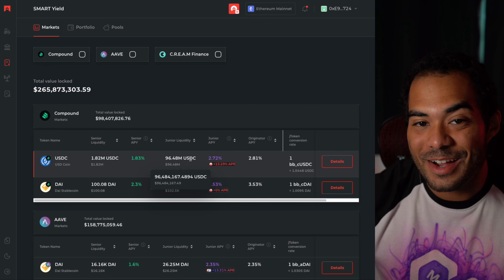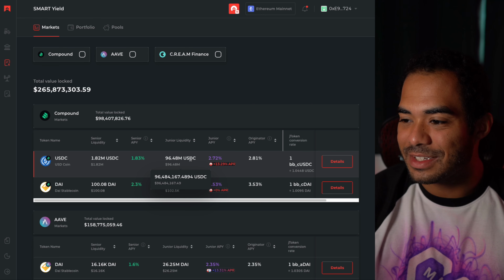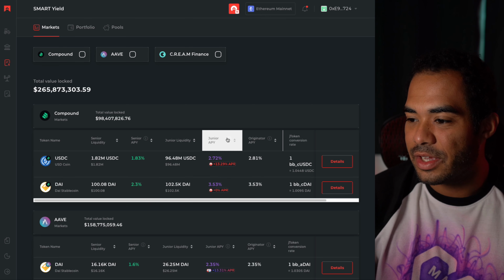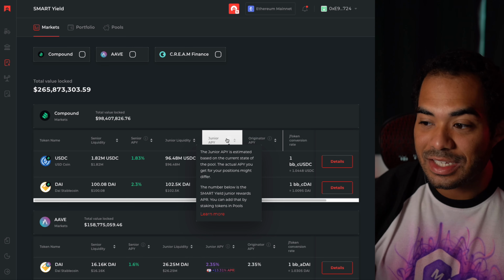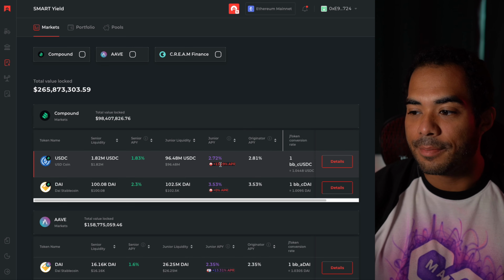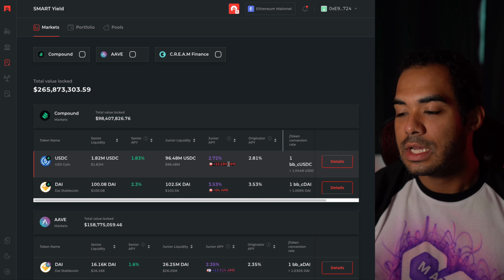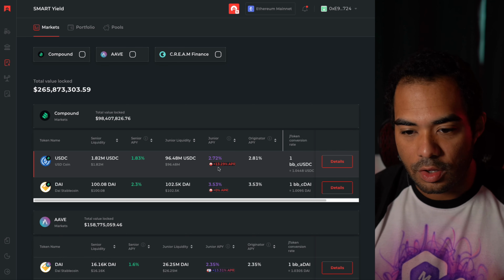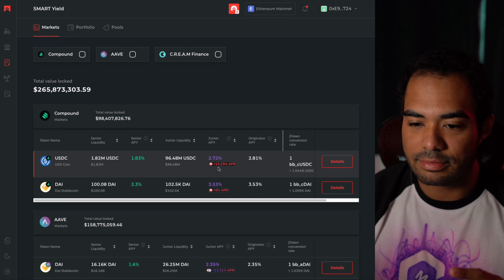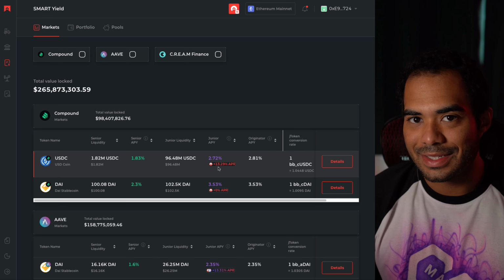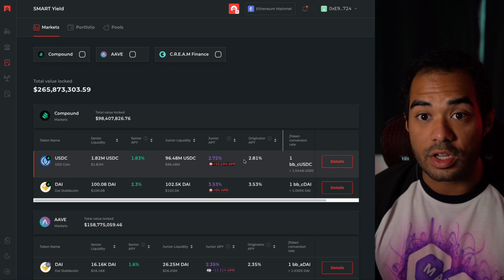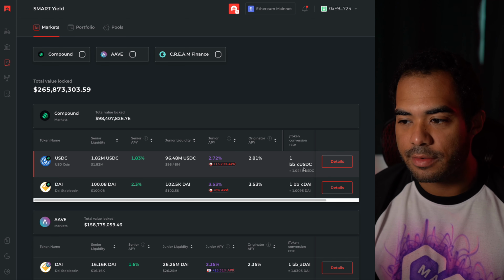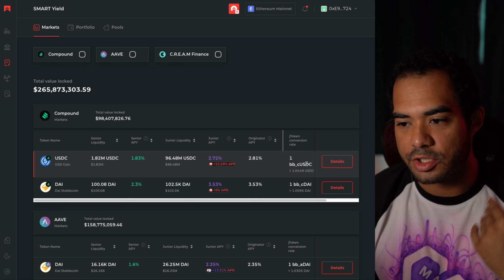And it doesn't surprise me, right? You want to get that high reward because, as you can see, the junior APY is 2.75% plus 13% APR. And again, it's going to depend on when you're watching this. 13% APR in BOND, and that's going to be, of course, for actually staking that BOND. And the last section to the right is going to be the J token conversion rate, and that's essentially what you're getting for each USDC token that you deposit.